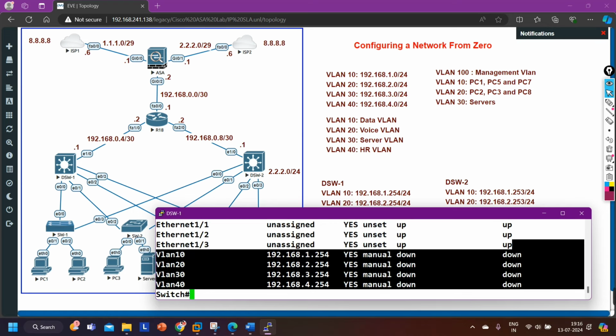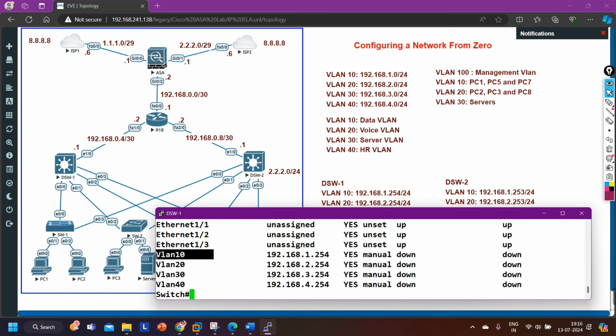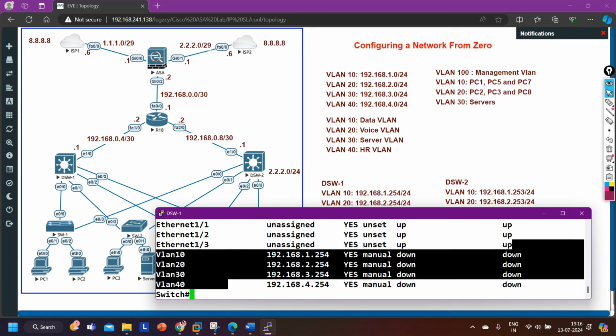So either I can configure trunk here, right? So trunk is the member of all VLAN, means there is one port in VLAN 10 also, VLAN 20 also, VLAN 30 also and VLAN 40 also, because by default trunk port is the port which is member of all VLAN, means it can carry traffic of all VLAN. Then you can remove the VLAN from the trunk link, you can add the VLAN on trunk link. Definitely we will add only these 4 VLAN on the trunk link and one more VLAN for management, that is VLAN 100,